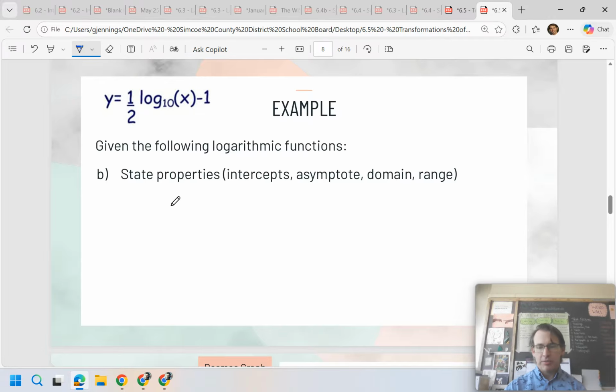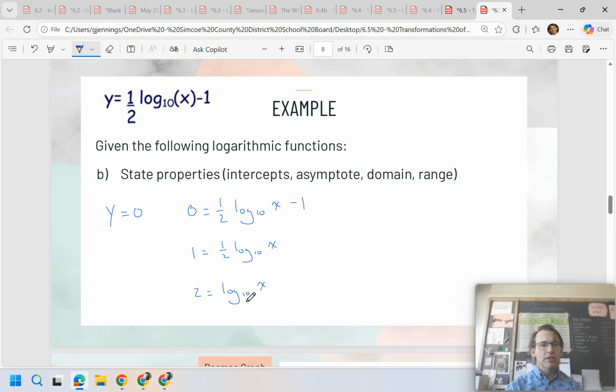So our intercepts. Let's let y equal 0. So that would mean 0 equals 1/2 log base 10 of x minus 1. Okay, here we just Desmos swing that 1 over there. 1 equals 1/2 log base 10 of x. Multiply both sides by 2. 2 is equal to log